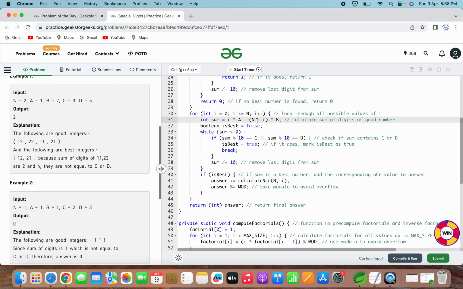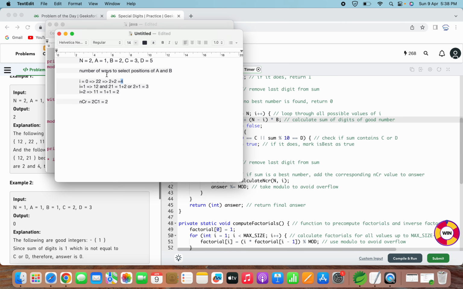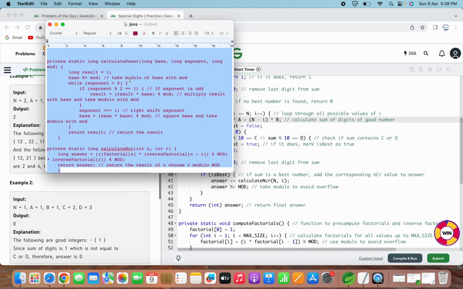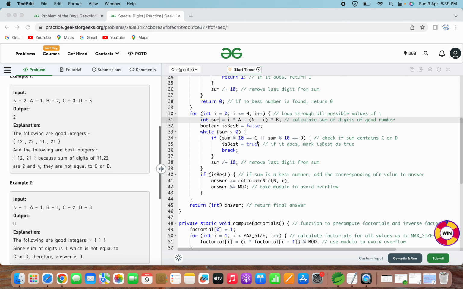So when we add all of them, then we will get the sum. So here this will contain all the scenarios, when n is equal to 0, i is equal to 0, i is equal to 1, i is equal to 2, everything. I hope this is clear. Then what we do, then here we add the sum the way we added here in the example, and we initialize the